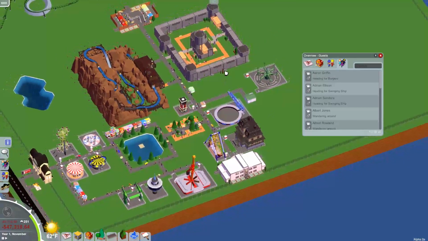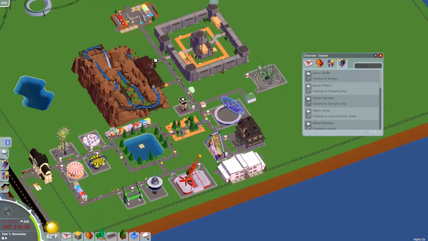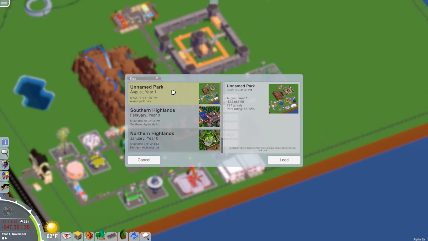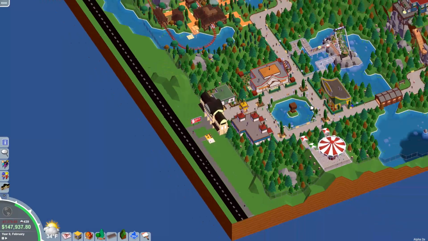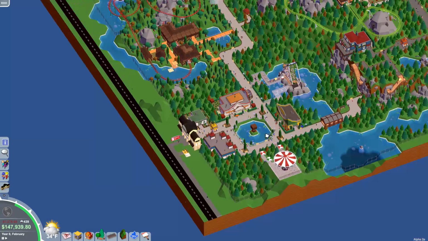This is obviously a very simple park. This is what I did to test the game out, play with different features. But let's load one of the parks that come with it. Let's do Southern Highlands. This is February. This is a new park. It's only in year 1. This is one of the example parks that is with the game, and it shows you what you can do with the scenery